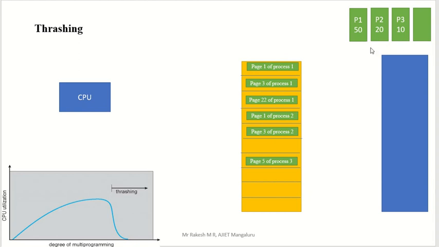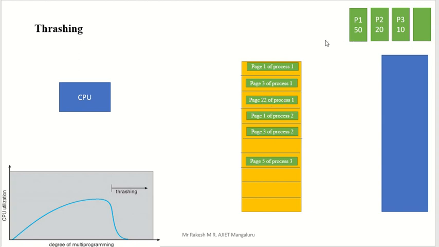So what is our job? We take one page from each process into memory. That concept is called virtual memory. You know that. So you see here, page 1 of process 1. We are taking page 1 of process 1 into this frame. And second, we are loading page 3 of process 1. Page 2 is not taken. Page 3 we took.